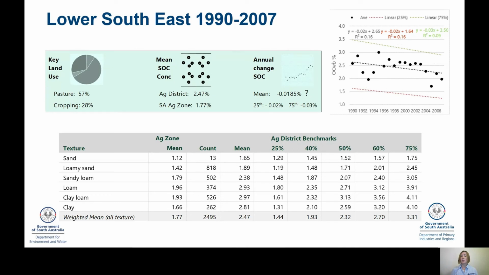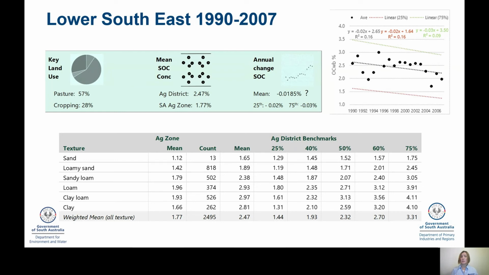We also can then look at the annual change in soil organic carbon. And what we see in the lower southeast is a trend that's perhaps going down. Anybody who does stats knows that those R-squared values there are not statistically significant. So we're not saying that this in any way is a statistical study, but it's just showing us trends about what's happening. You can see there is a wide fluctuation in carbon values during those years over that time. And so this would have a lot of contribution to these trends. But in the lower southeast, we have either a very stable or very slowly declining trend in change in carbon.